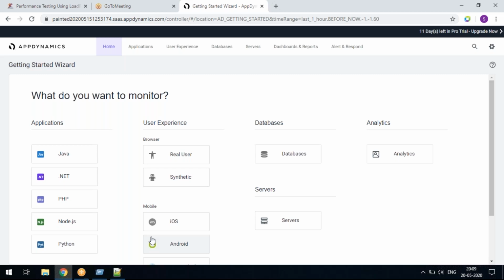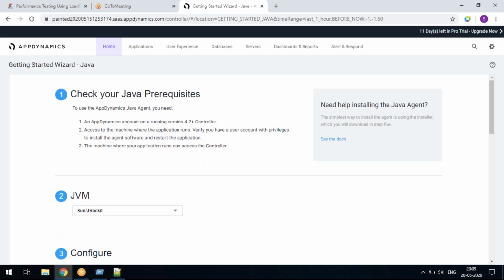In my case I have all the data available: my application is Java based, deployed in Apache Tomcat server, and my embedded DB is HSQL DB. With that understanding, I'm selecting Java application. Then we have to follow this procedure, guys.